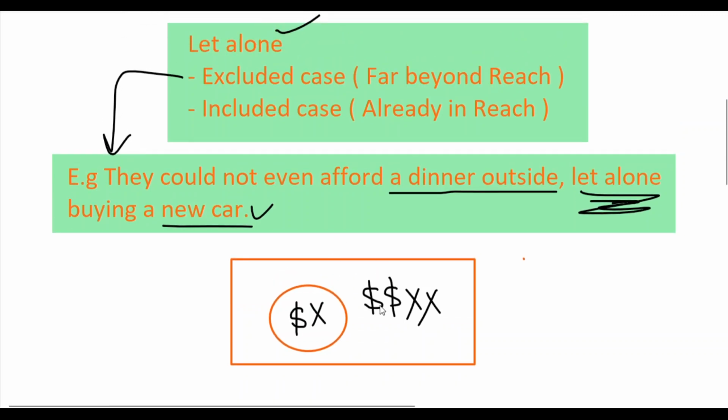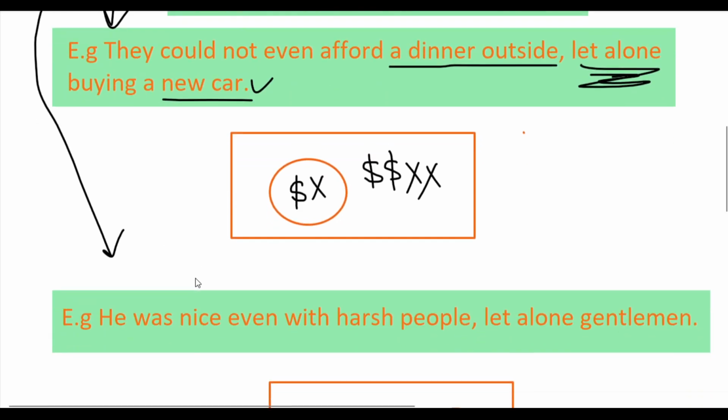So basically the way it is working is, hey man, these guys are so poor that they cannot even afford a dinner outside, and mentioning to go for a vacation or mentioning to buy a new car is totally out of the equation, that kind of thing. However, when you are talking about the included cases, I've come up with an example over here which says